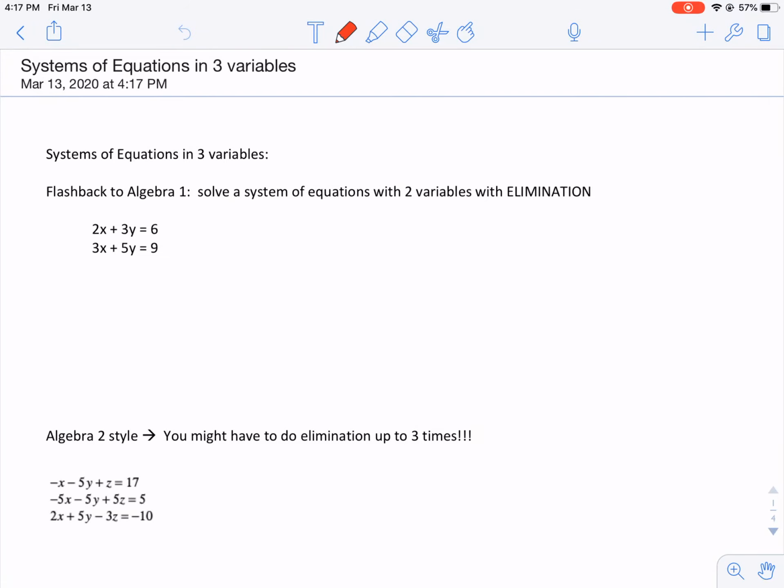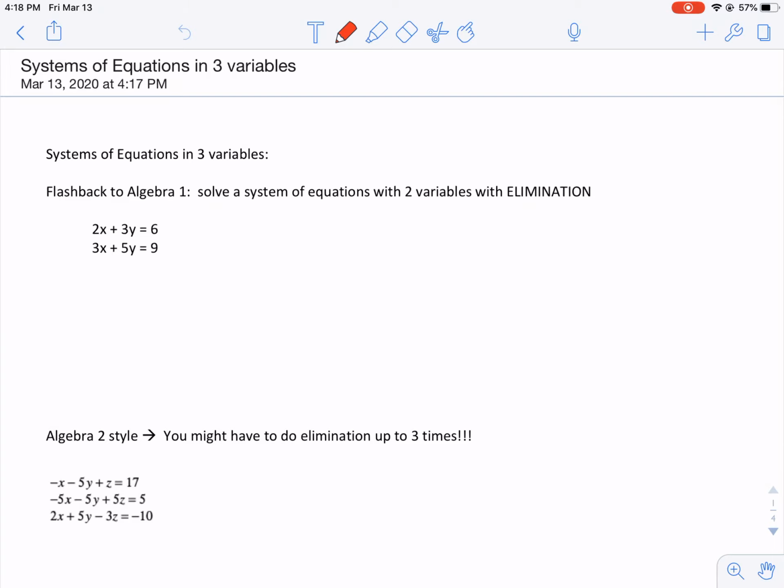All right, this lesson is kind of a standalone lesson, doesn't really fit in with our other units. It's related to what you did in Algebra 1, but it's called Systems of Equations in 3 variables. If you need to solve for 2 variables, you need 2 equations. If you need to solve for 3 variables, you need 3 equations. So we're going to practice at an Algebra 1 level with 2 variables first, and then we're going to move into